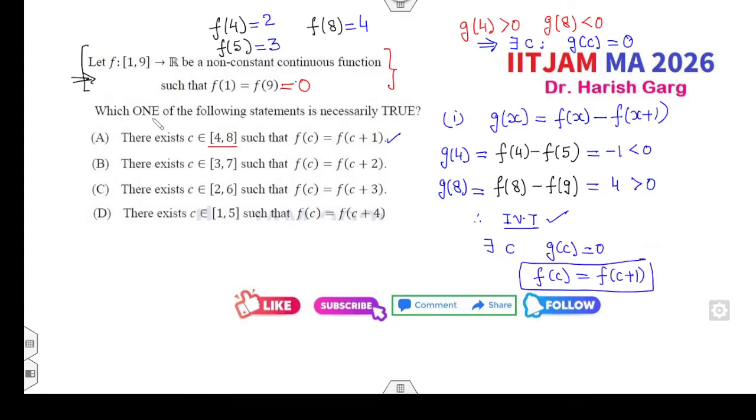फाइन. तो इसके अकॉर्डिंग ये ऑप्शन करेक्ट हो जाएगा. बट स्टेटमेंट को ध्यान से पढ़िए. The statement said necessarily true. Is it always a greater than, a less than? Is it always? It may or may not be. अगर मैं इसकी वैल्यू 21 ले लूं, फाइन, तो ये पहला नंबर क्या हो जाएगा आपका? 21 minus 3 which is a positive.